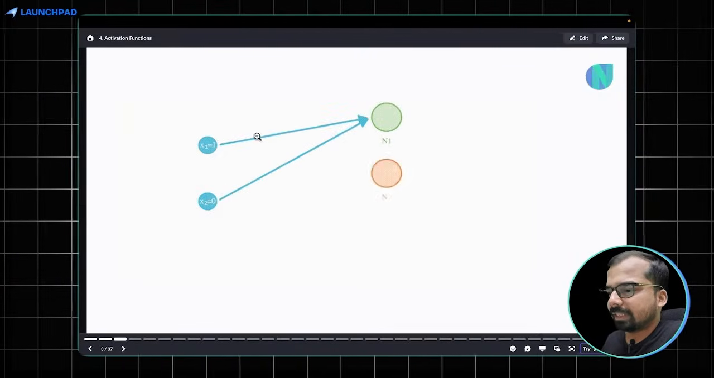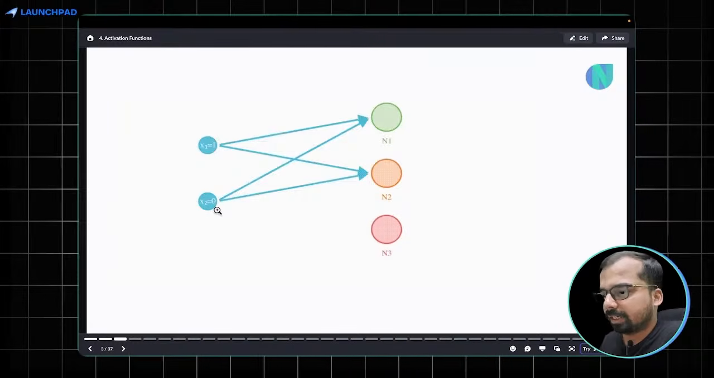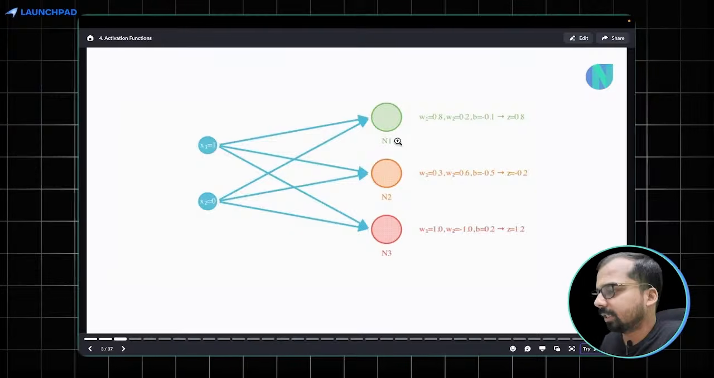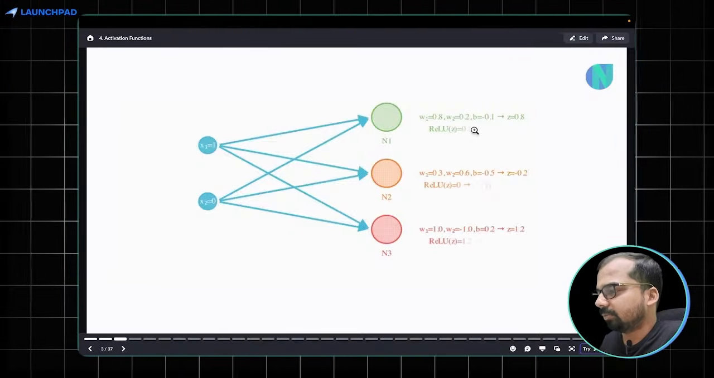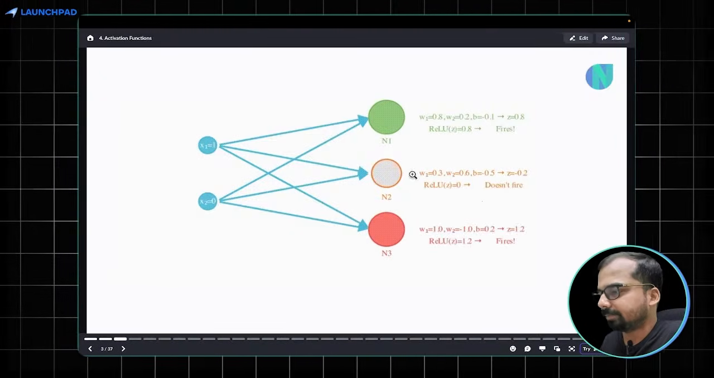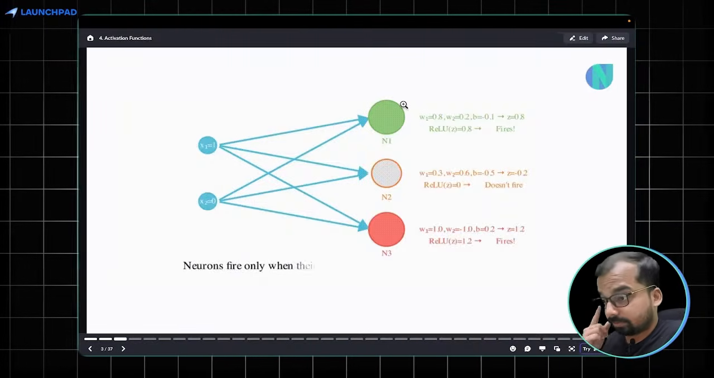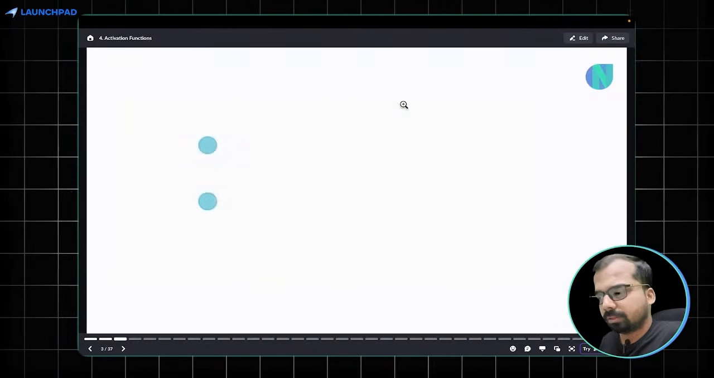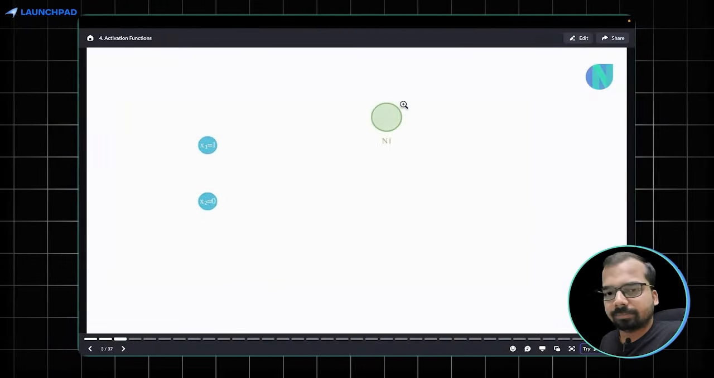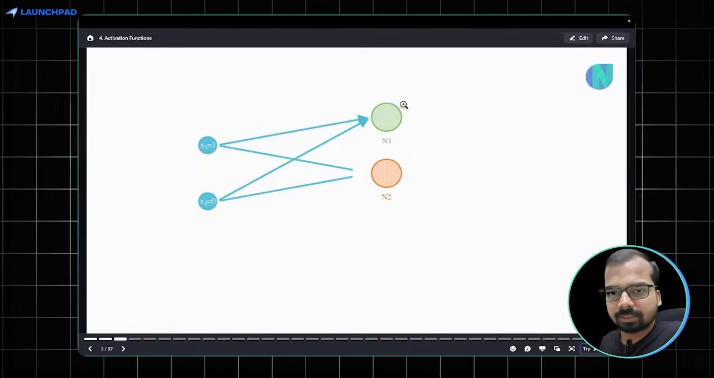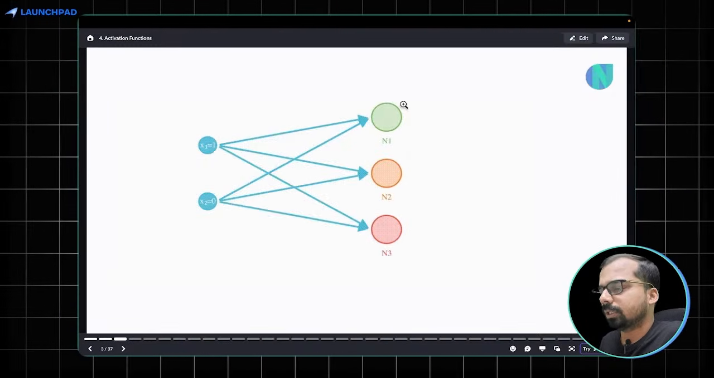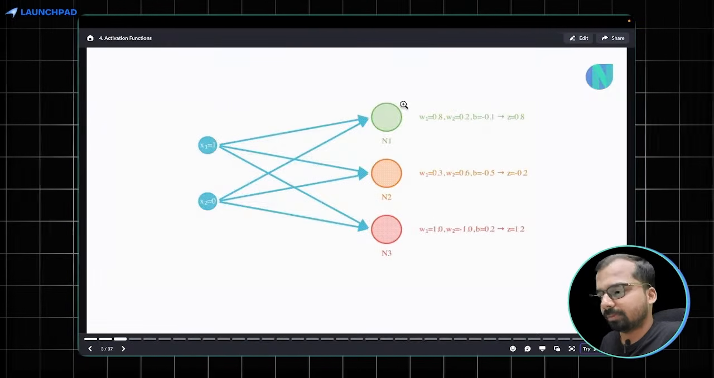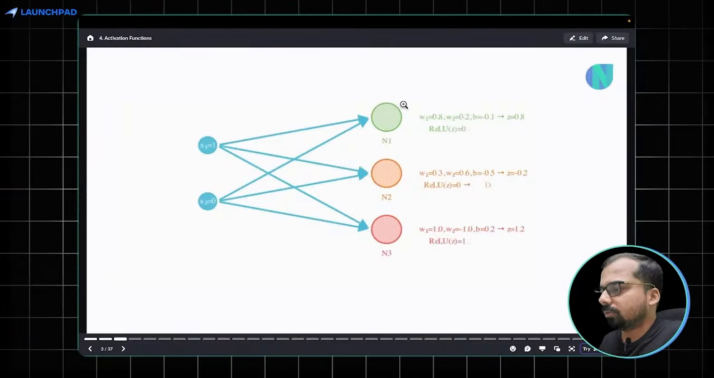If you see this example, we have inputs x1 and x2, and they are connected to one layer of neurons n1, n2, n3, which have their own weights and biases, right? And you remember that for each neuron we do a weighted sum. Now, a pure weighted sum will only give us linear decision boundaries, and in order to get a non-linear decision boundary, we have introduced the concept of activation functions. So if I show you over here,